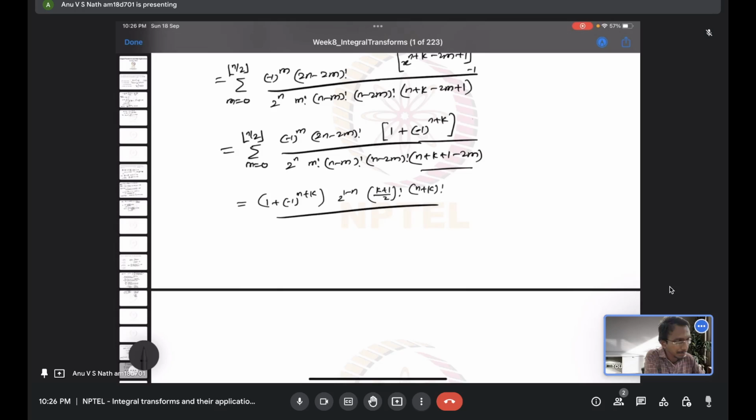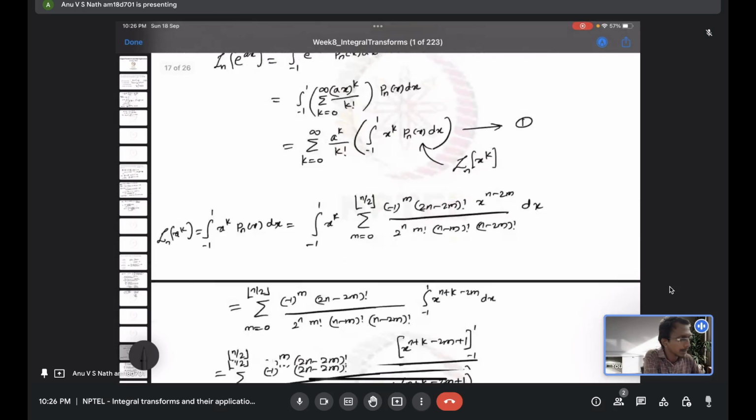Square root pi, then (k plus 1) factorial, which earlier was just 1 factorial, then (n plus k plus 1 by 2) factorial, which is n plus half factorial earlier. So this is how it will look. Now if you apply that in equation 1,